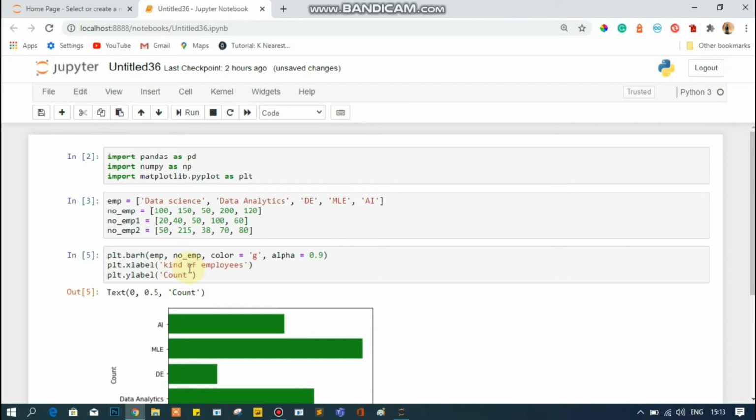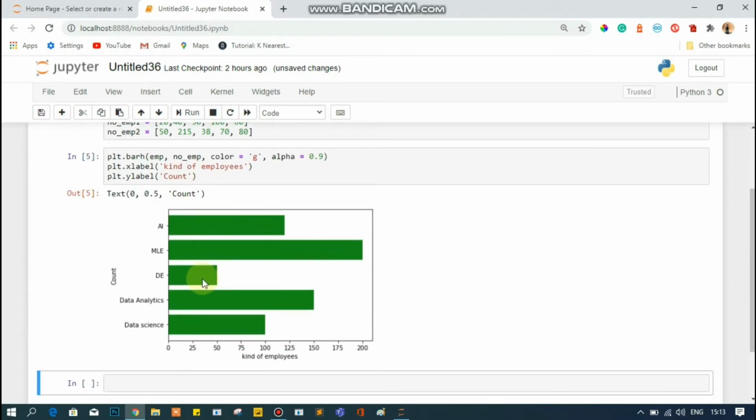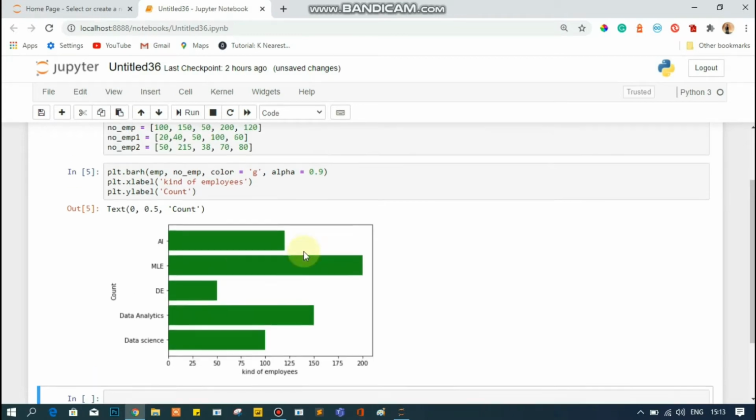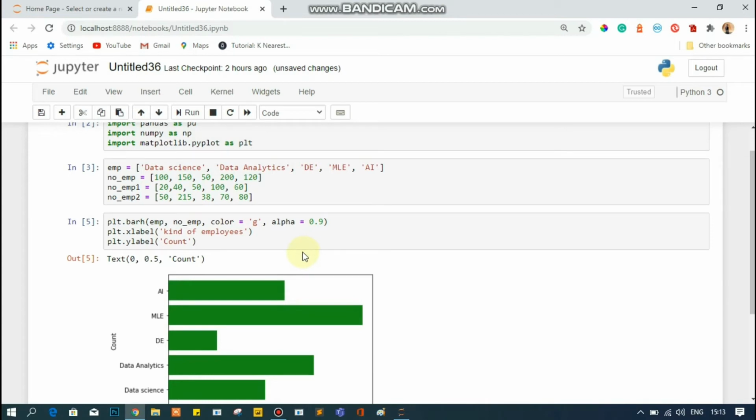This is plt.barh. Rest of the things will be the same, and let me press shift plus enter, and you can see that our bar plot has been changed into a horizontal bar chart. I have done this by using just plt.barh. By putting this H after this bar, your bar chart will be converted into a horizontal bar chart. So this is about creating a bar chart and a horizontal bar chart. Now let me show you how you can create a stacked bar chart.